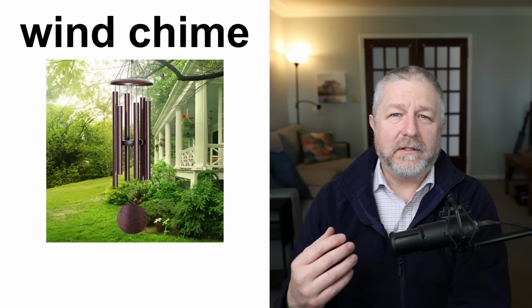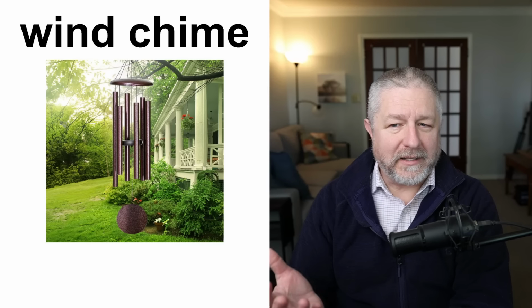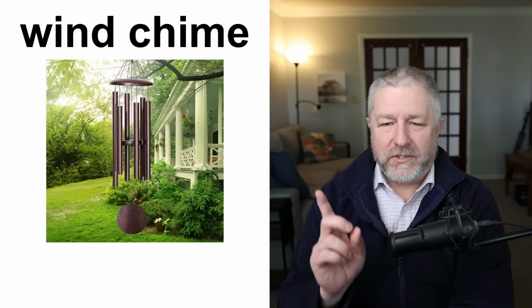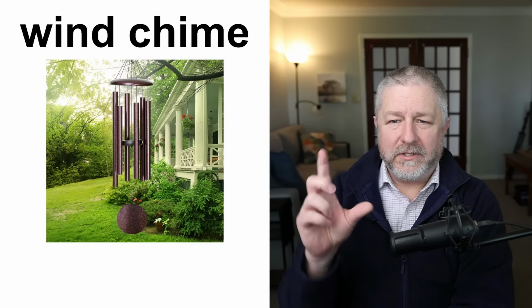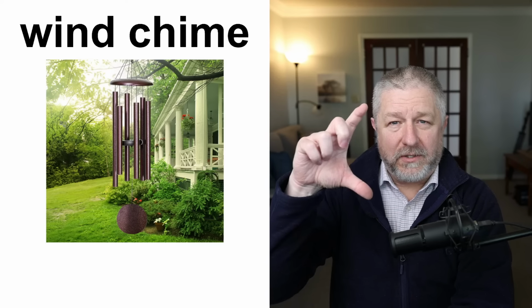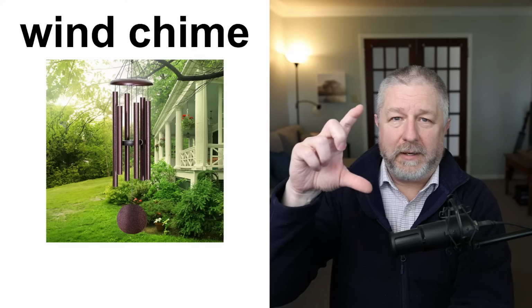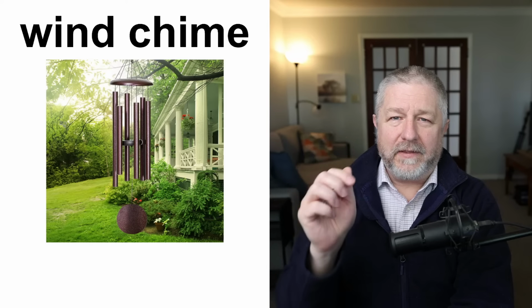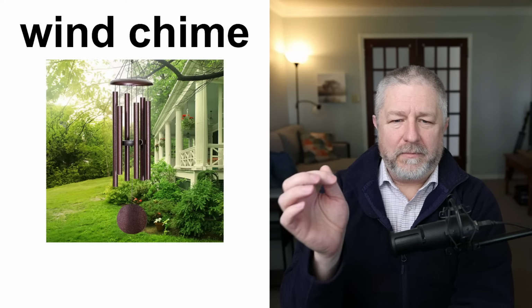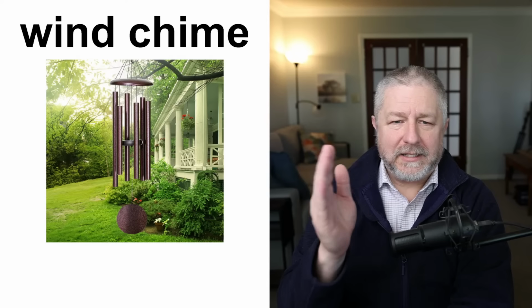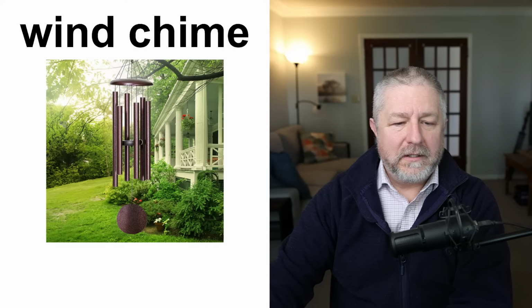It sounds like a random melody, a random song. So again, a wind chime has a series of tubes cut to a certain length so that one is a C note, one is maybe a D, one is an E. And as the little thing in the middle gets moved around and hits each tube, it plays, I guess,